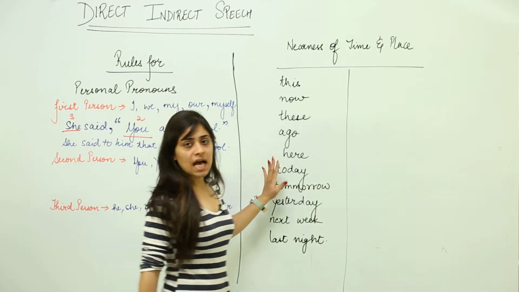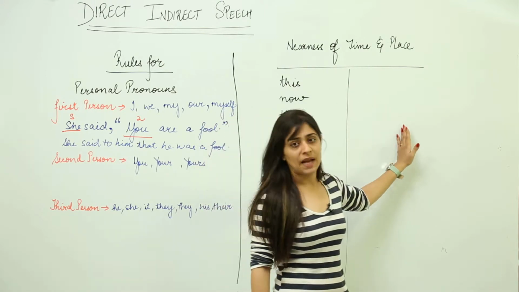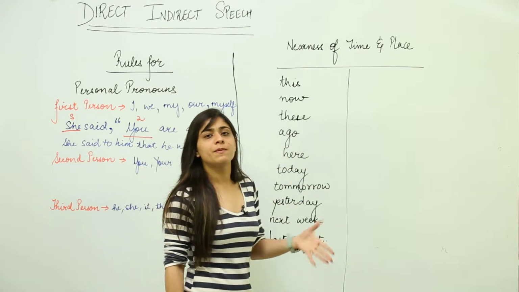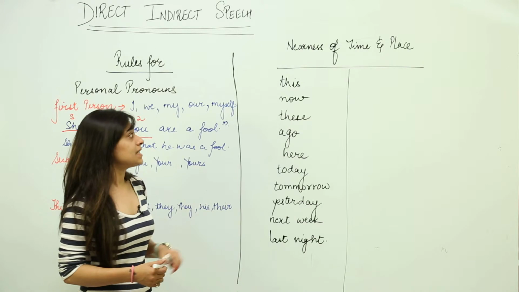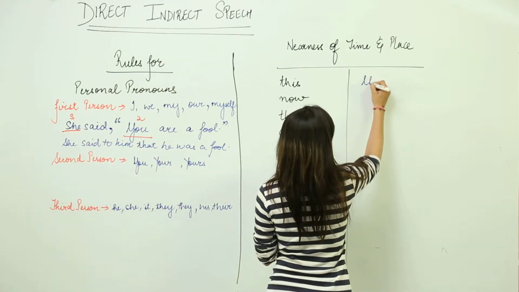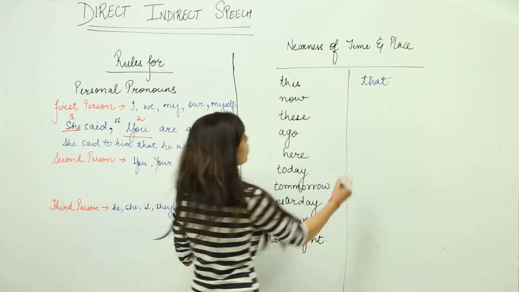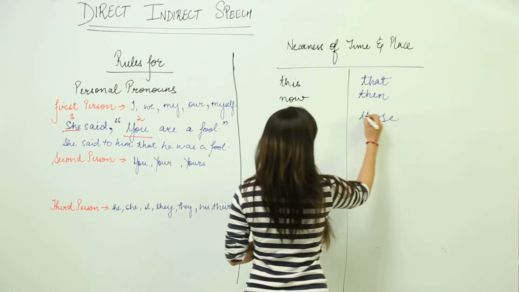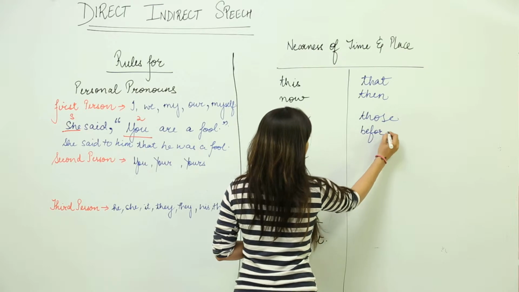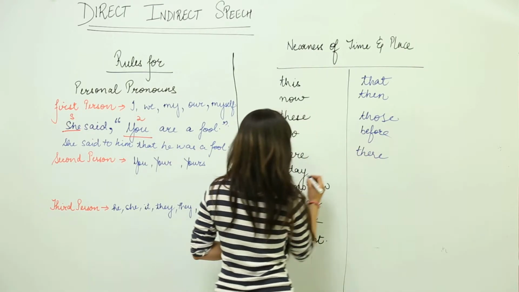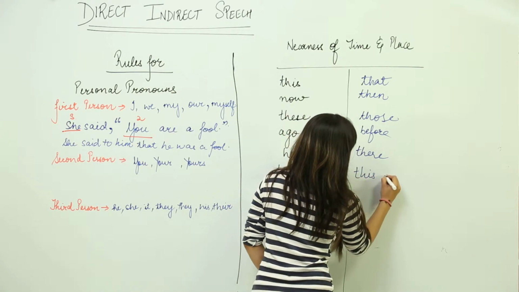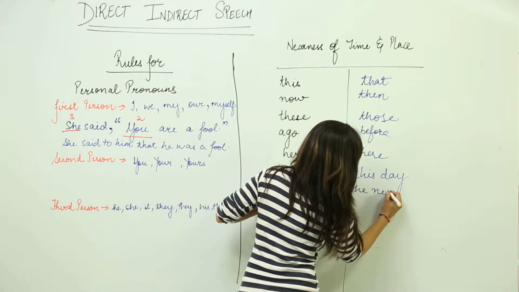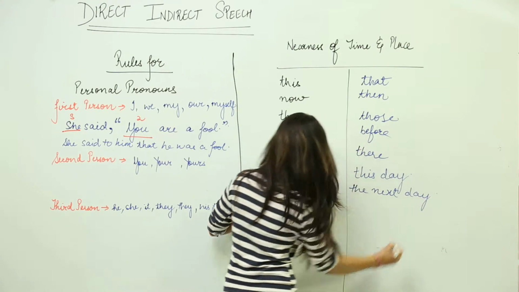Moving on, now these are the words which describe the nearness of time and place. These generally give you a lot of confusion while you have to convert direct sentences into reported or indirect sentences. So let's understand this. This gets converted to that, now gets converted to then, these get converted to those, ago, before, here, there, today, this day, tomorrow, the next day, yesterday,